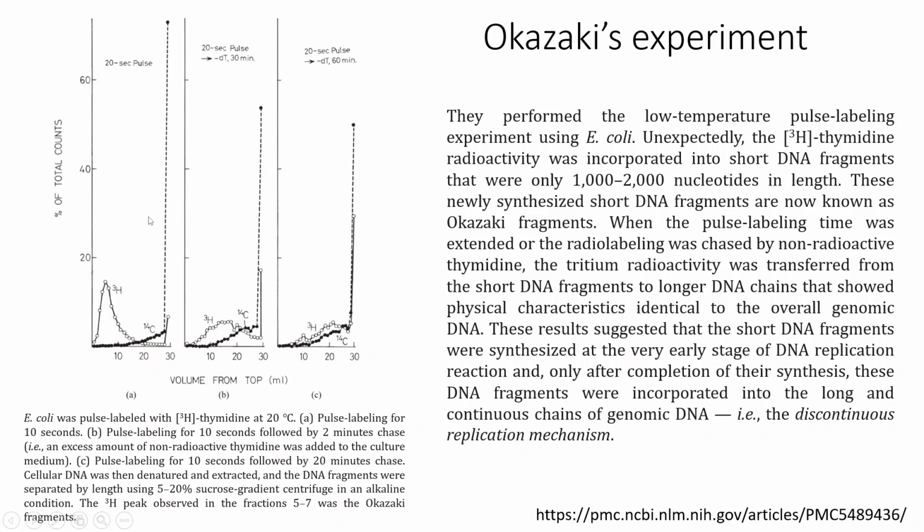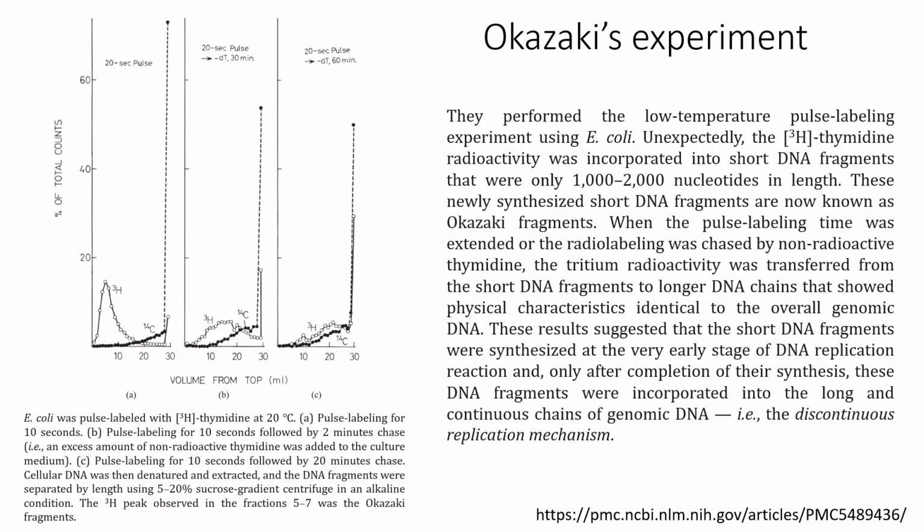So this one, A, is where you have pulse labeling, then chasing, and then a longer chase. So what did they see? Because before this, it was not known that Okazaki fragments exist. People were trying to figure out how the other strand, the lagging strand, is synthesized